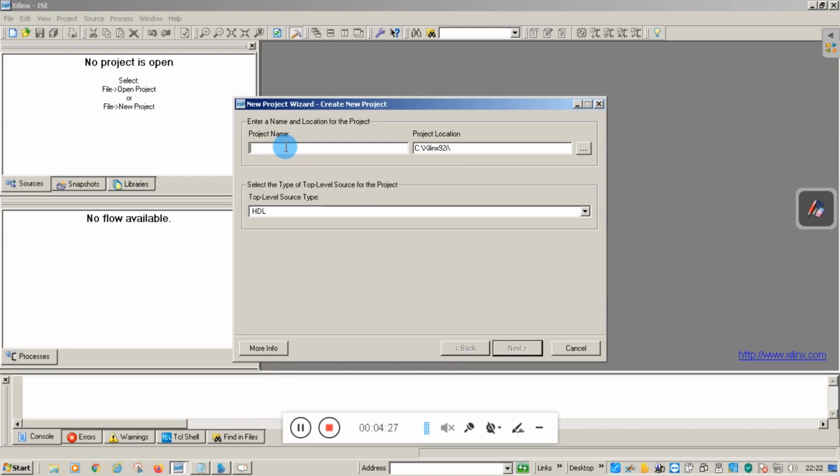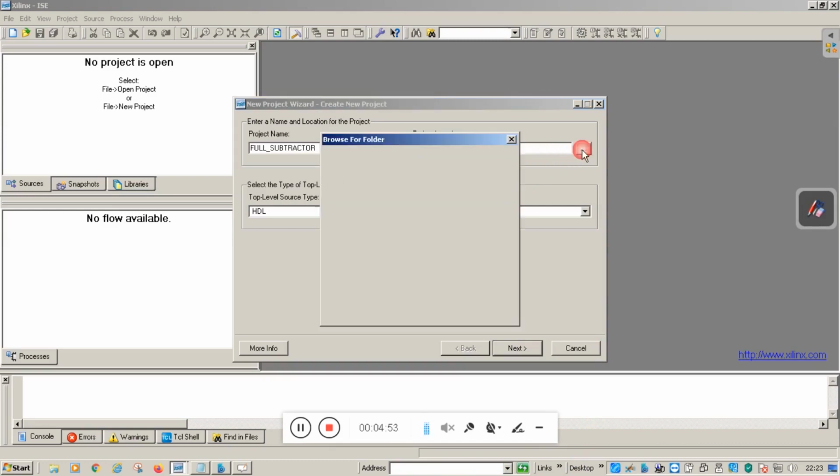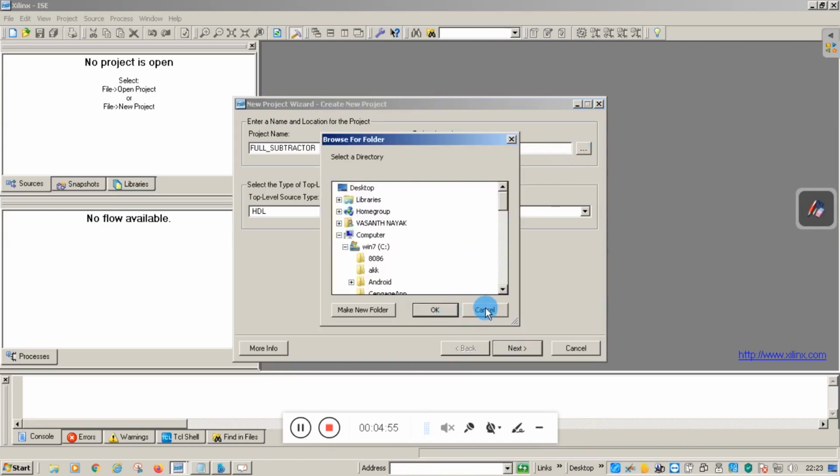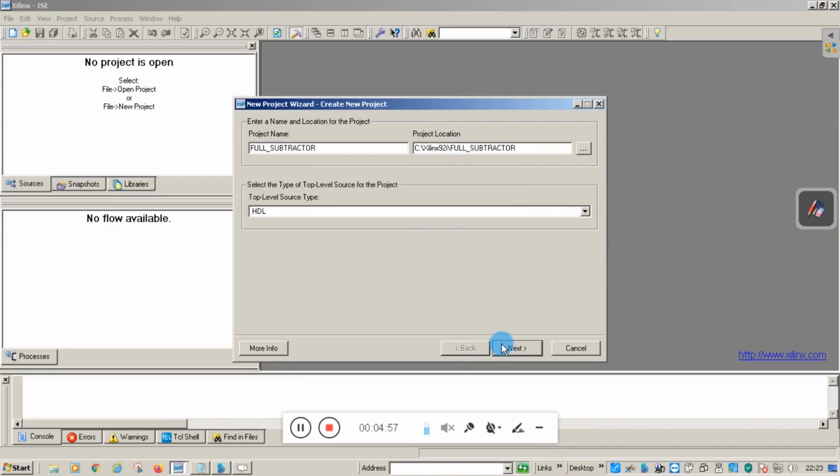So let me give the file name here, full subtractor. You can set the project directory by navigating this button. Once you have done the necessary changes, click on next.